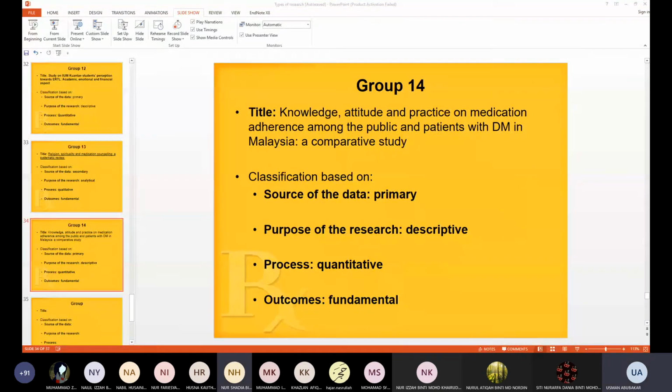Okay, so now do you have a good understanding of how to classify your research? Yes, doctor. Or you still have difficulties? If you have any difficulty, you let me know. I was thinking that I postponed the lecture I'm supposed to have now just to have this so that you have a good understanding. You begin to understand how to classify your own research and why it is so. So if you can do that now, Alhamdulillah, I am okay with that.